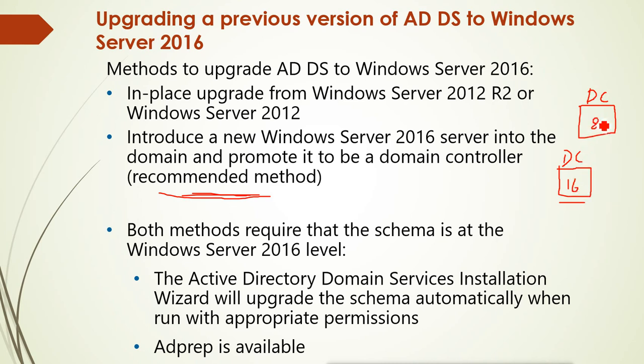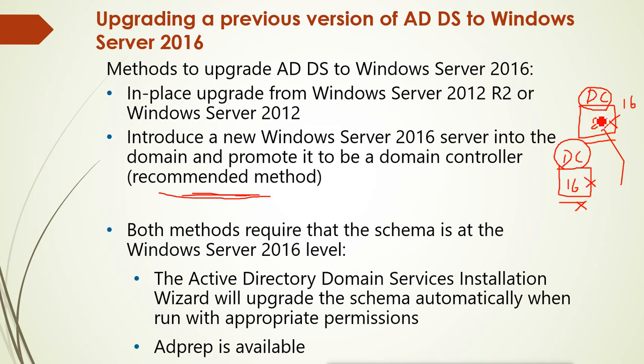Now we demote the old server, remove the Active Directory services from it, and then reinstall it fresh. We freshly install Server 2016, and then again promote this server to be a domain controller. In this case we don't lose anything, and it upgrades to Server 2016. Then we don't need the extra server, so we can demote it and then remove it. This is just a temporary server we added to upgrade the existing server.